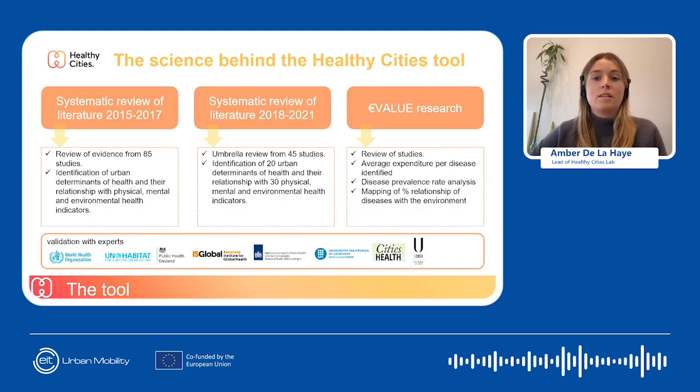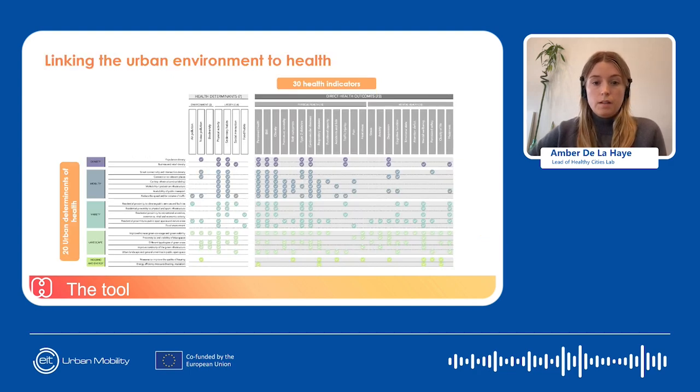And it's based on an evidence base, which includes a systematic literature review, finding the links between health and the urban environment. And also a review this year by the University of Lisbon that found the average cost of the health outcomes that are linked to the urban environment and to what degree these health outcomes can be affected by the built environment itself. So via this research, we identified 20 urban determinants across categories like quality urban streetscapes, varied